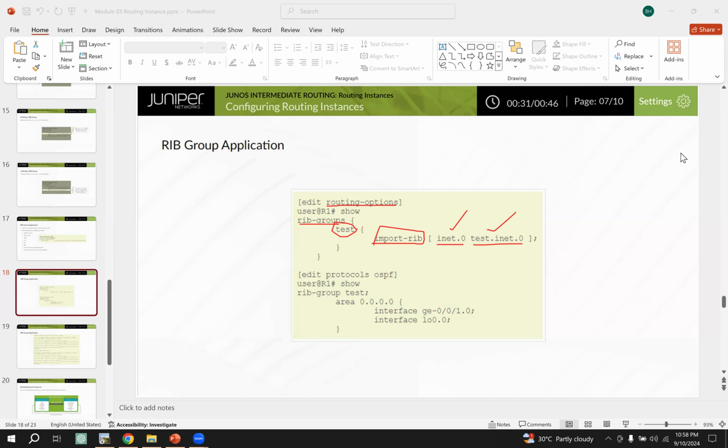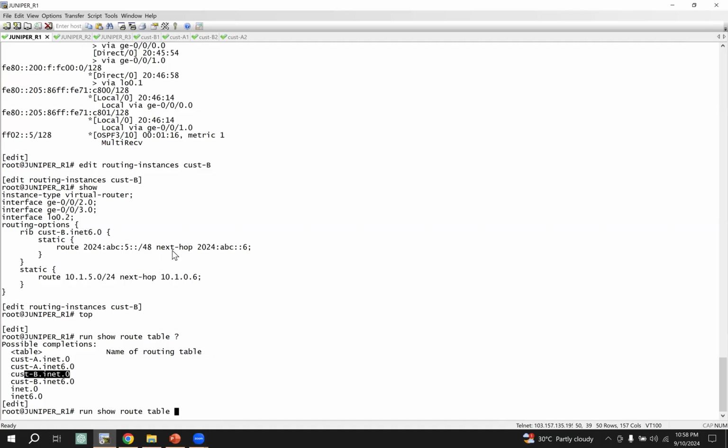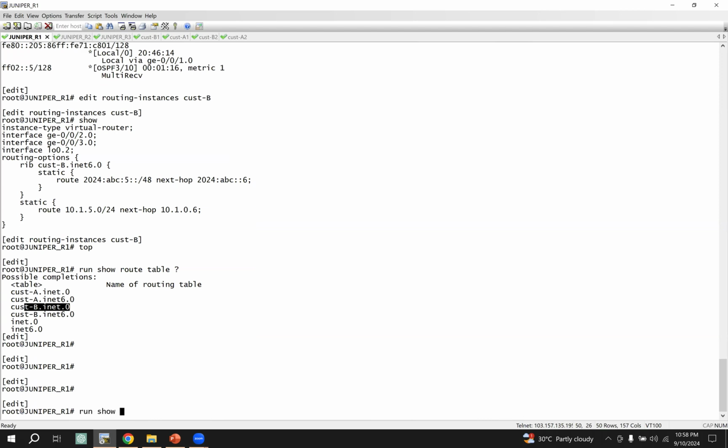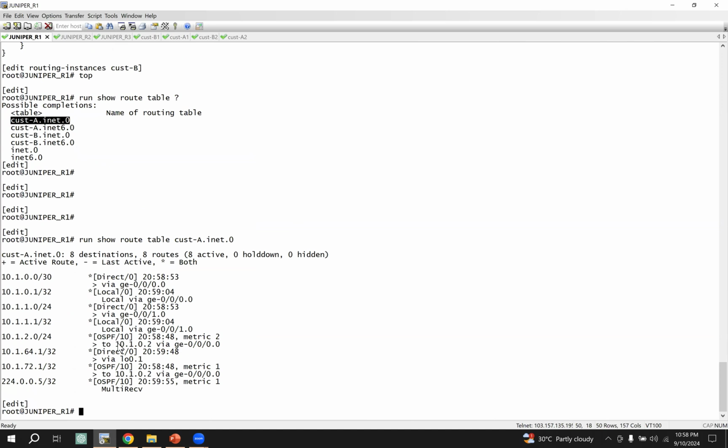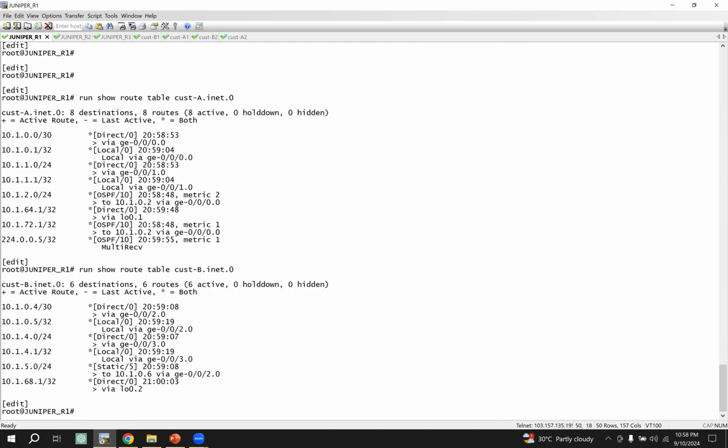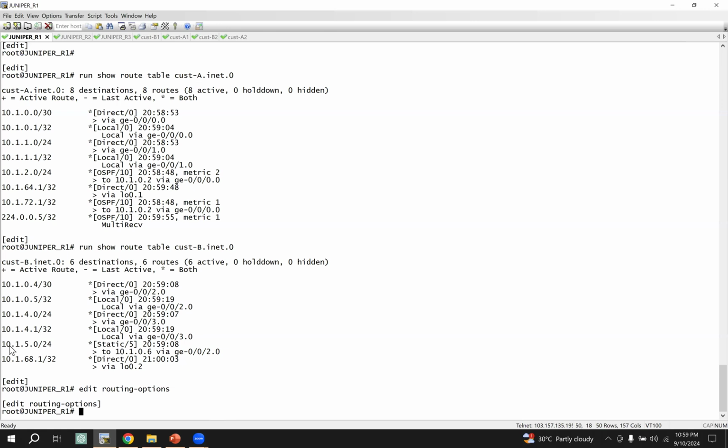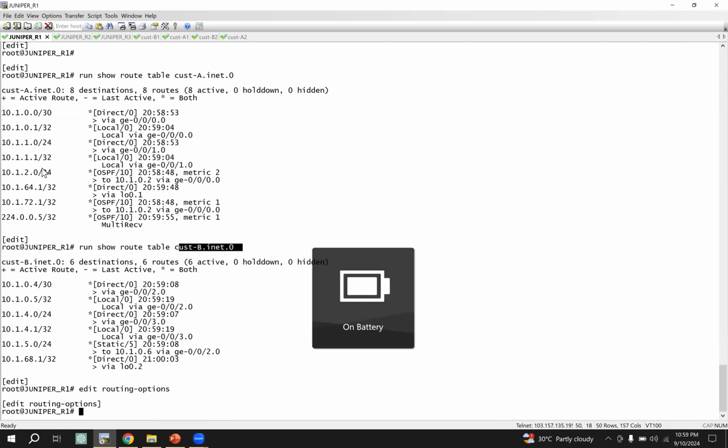If I do this in our lab, see here, run show route table for my customer A table. This is my table, with the voice web route. And another table is customer B. This is my other table, the customer B table. In the customer B table we use static routes, and in the customer A table we use the voice pair. So edit routing options. See here 5.0/24. This route is in the customer B route table, but